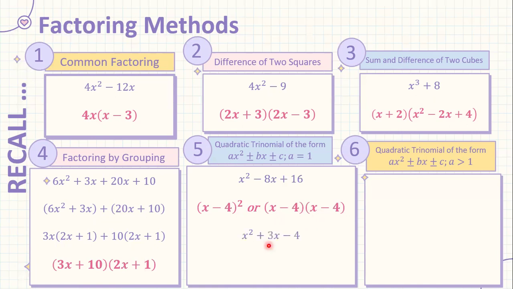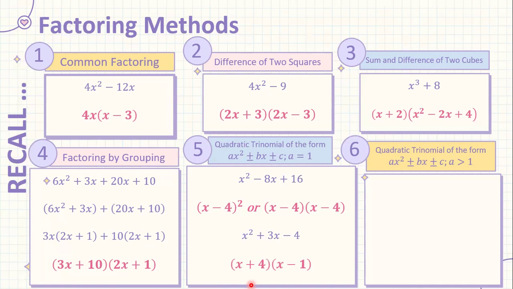If we still have the expression x squared plus 3x minus 4, we all know that we have the factor of this one, which is dalawang x. What is the factor of negative 4? And if you add, that gives you positive 3. Diba? That is positive 4 minus 1. So we put that in the parenthesis. We have x plus 4 and then x minus 1.